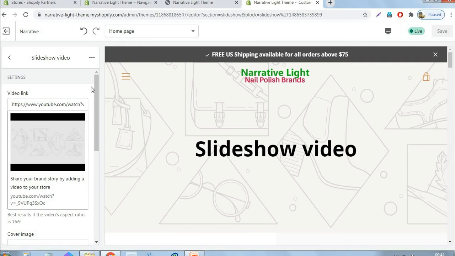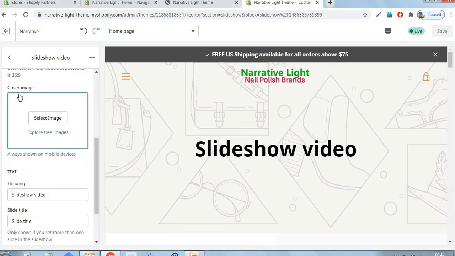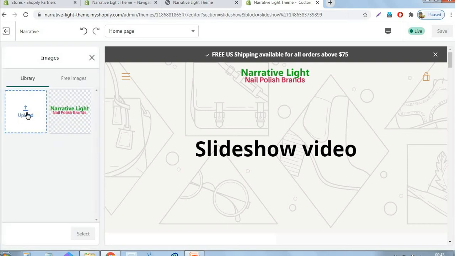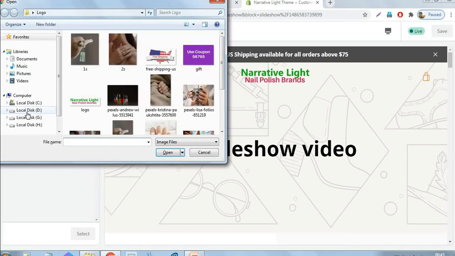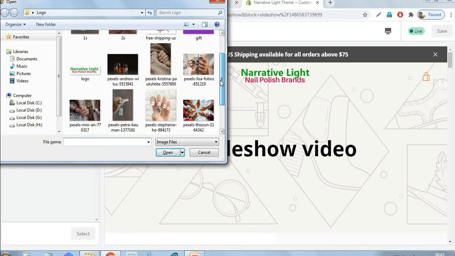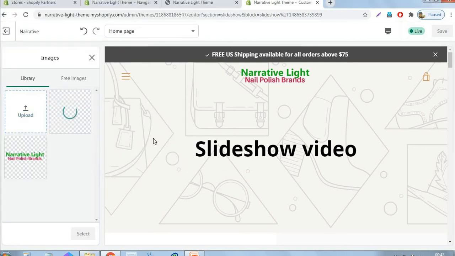Okay, here the alternative option available is that we can upload the cover image itself. So I am just using to upload the cover image. I'm just using this one.